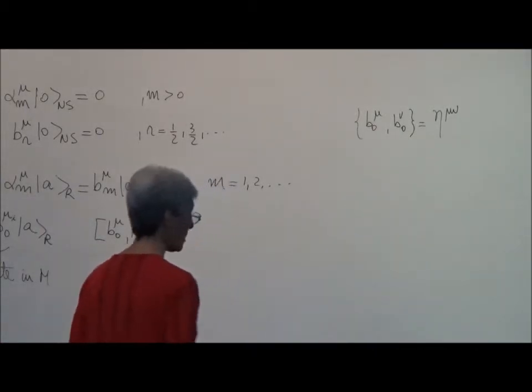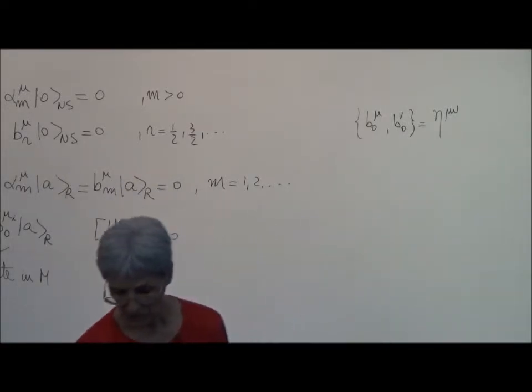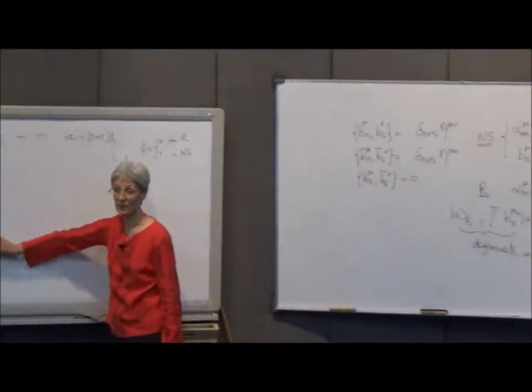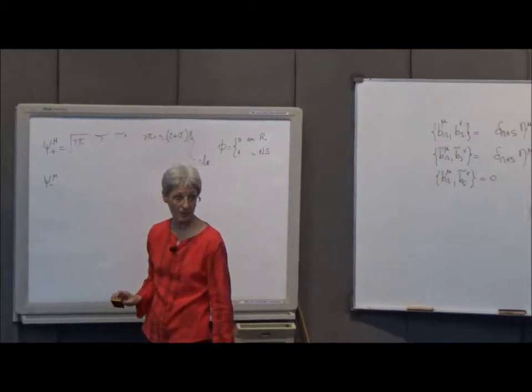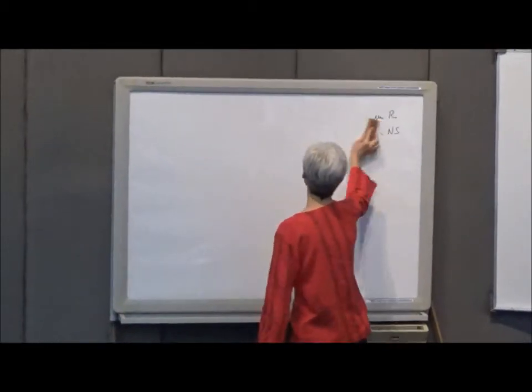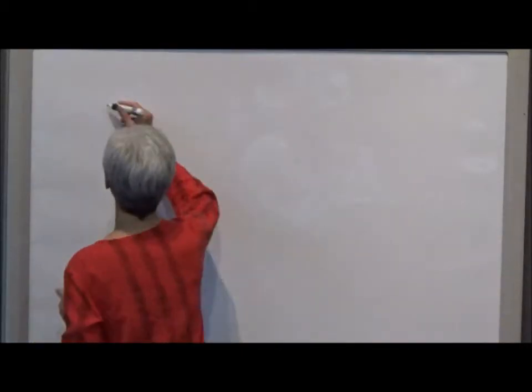I will come back to this point, but let me first show you the mass operator. Recall how do we get the mass operator? Like in the bosonic string, the mass operator was coming from L_0, from the zero mode of the Virasoro generator, because we identified alpha naught and alpha naught tilde with the center of mass momentum. So this operator, L_0,